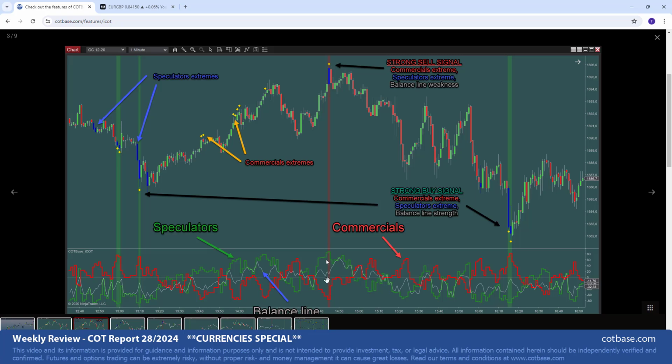When we have both of these score lines at an extreme, we could get a stripe signal, this vertical line, red being a very strong sell signal, green being a very strong buy signal. And of course, I'll show you in the video some examples, starting from a 4-hour candlestick chart down to even a 5-second chart, how it can be applied on currencies. Okay, so back to the